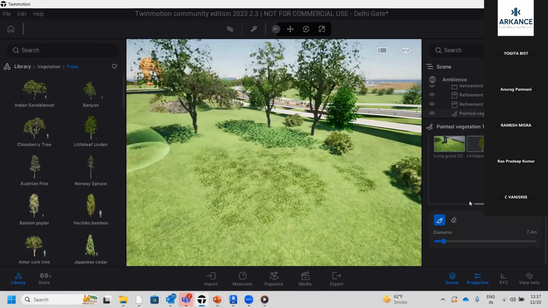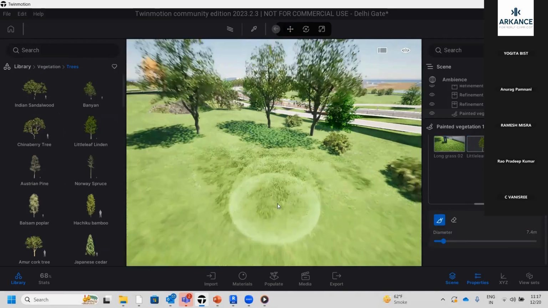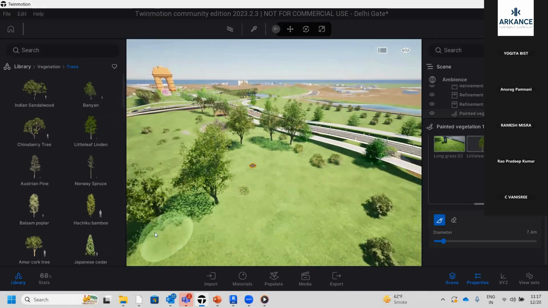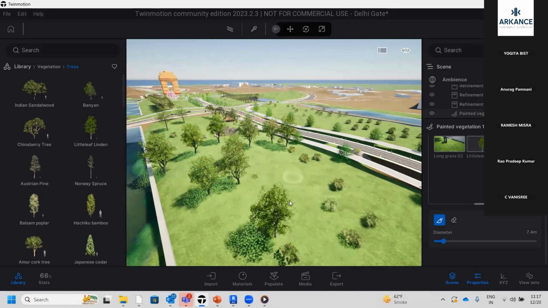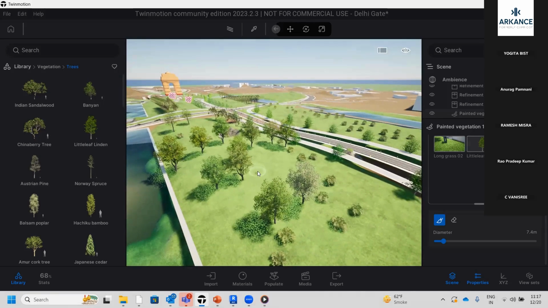So I can take that tree down here. मैं ट्री को सिलेक्ट करता हूँ, फिर पेन टूल ब्रश को यूज़ करूँगा, और जहाँ जहाँ मुझे लगता है मैं यूज़ कर सकता हूँ उसको। इस तरह से आपकी सराउंडिंग्स डेवलप हो जाएंगी। So paint is one of the options जहाँ पे आप चीज़ों को कन्फाइन करते हैं एरिया वाइज या डायामीटर वाइज। तो आपको इतना तो करना पड़ेगा।